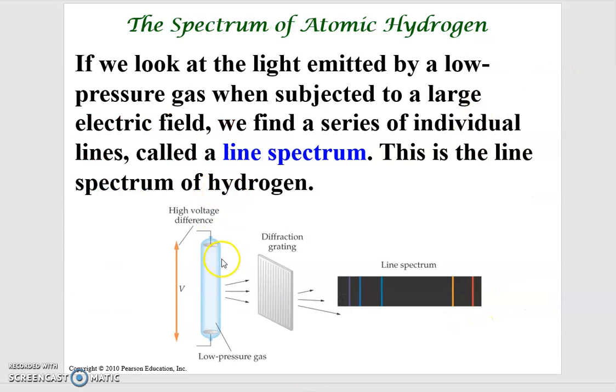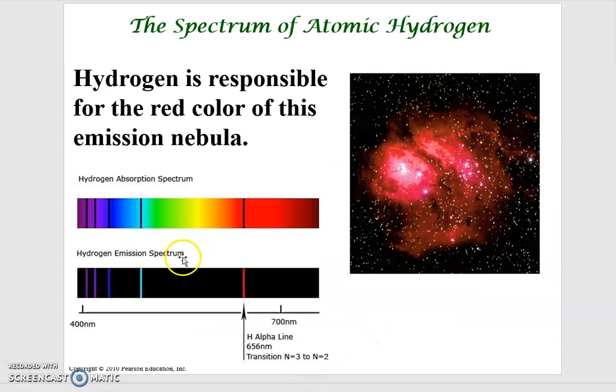Here you can see that if you put hydrogen gas within an electric field, the hydrogen will be excited and emit light. When you measure the spectrum, this is the light emitted by the hydrogen. It is discrete, not continuous. So what is a continuous spectrum? This is the concept of a continuous spectrum. But what happens is that the spectrum emitted by hydrogen is discrete. This is something people cannot understand based on classical physics.